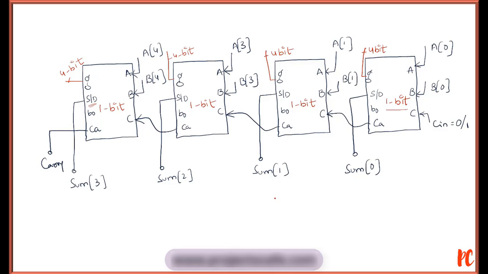So during the design, we need to declare the values of A and B, which will be 4-bit. Later we are going to declare the value of Cin, which will be a single bit. Since we are concerned with the 4-bit sum, I will be declaring sum, which will be 4-bit. A total of 16 garbage values we are going to generate, 4 bits at each stage. So we are going to take a 16-bit garbage value.